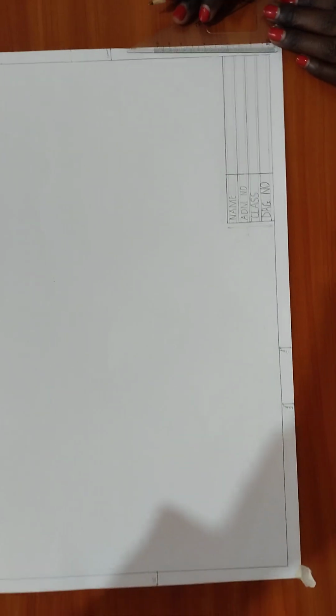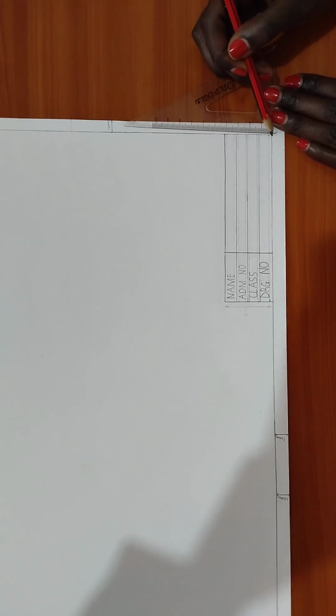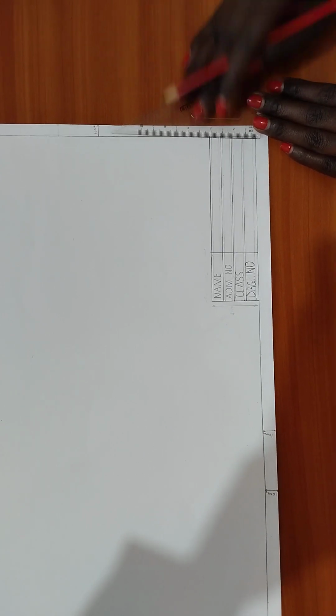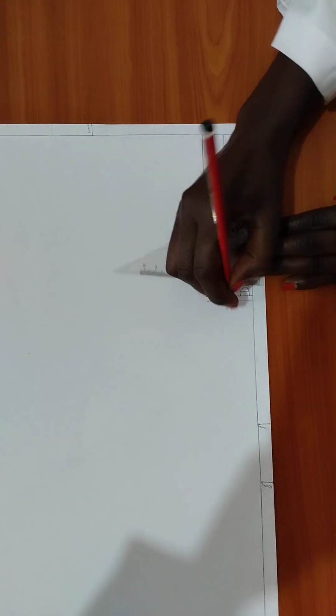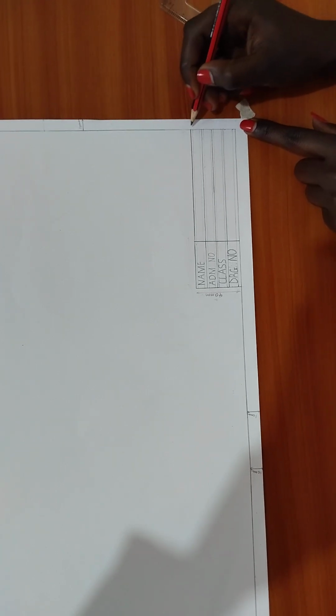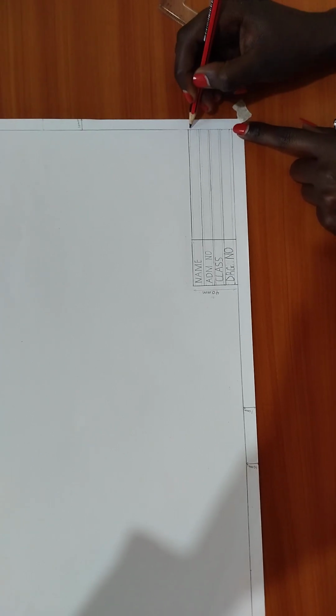Now, in our title block, these measurements, for you to indicate your name, admission number, class, scale, etc., you are going to measure. From my measurements here, we have 40 millimeters from the horizontal line, that is the line of our border line, the lower line. So you have 40 millimeters. Again, from the vertical line now that we have 40 millimeters from the lower horizontal line,